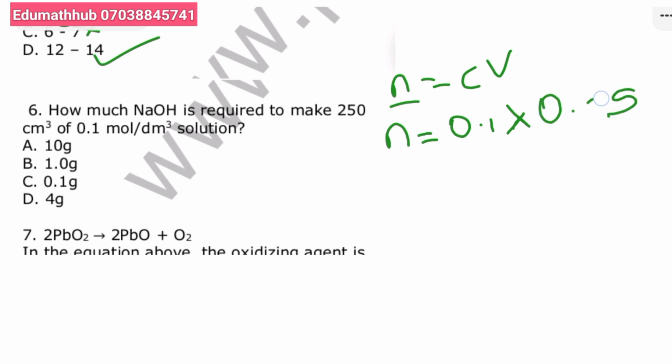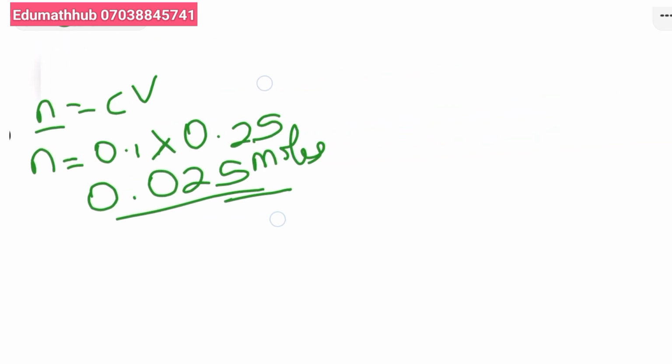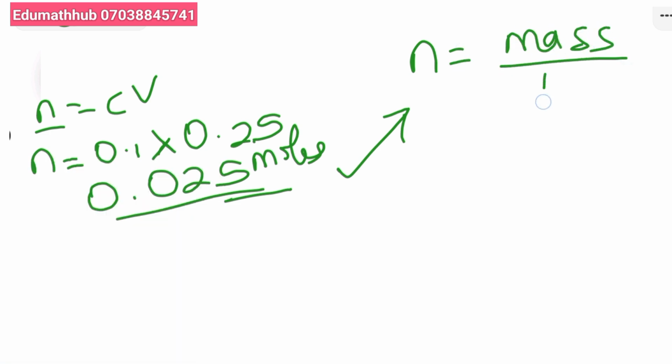So if we times this, we're going to get 0.025 moles. So this is not the answer. The answer should be in grams. So we need to convert this answer to grams using number of moles equals mass over molar mass. Now for this molar mass of NaOH